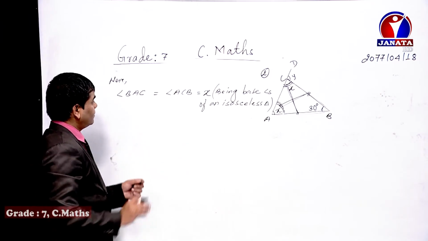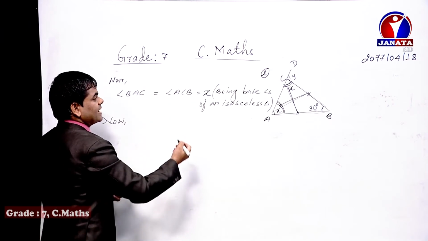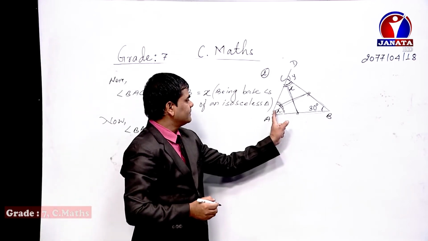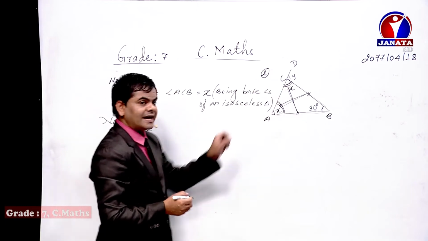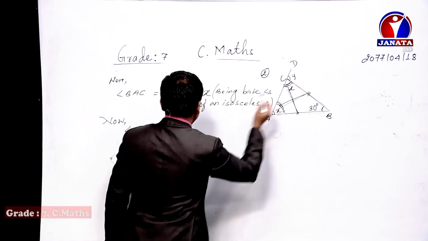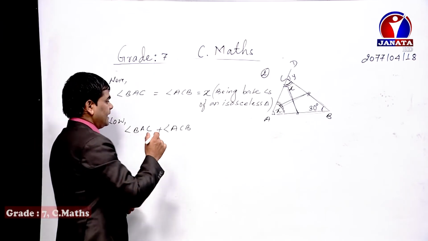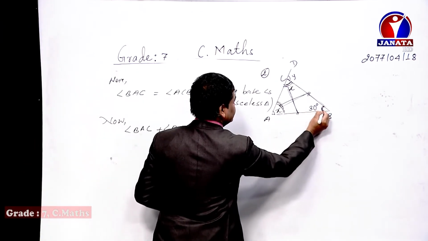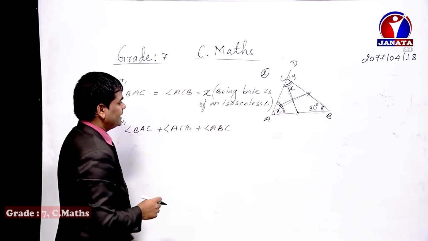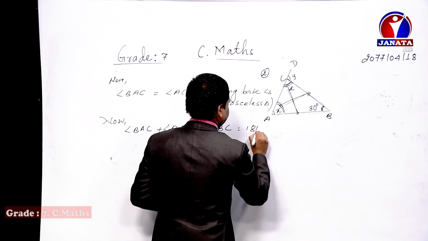Now, dear student, what you have to do? Let's do the sum of angles of a triangle in that triangle. One angle is angle BAC. Angle BAC represents this one. Then plus angle ACB. C is in the middle, which means we are indicating angle C directly. And then plus, what do you write for this one? Angle ABC, because we need to keep the letter B in the middle to denote the angle B. Equals 180 degrees.